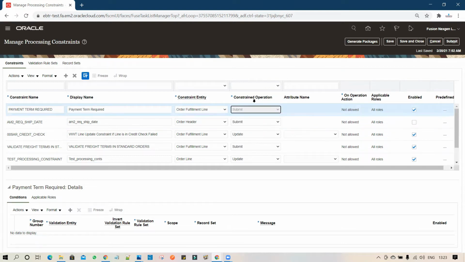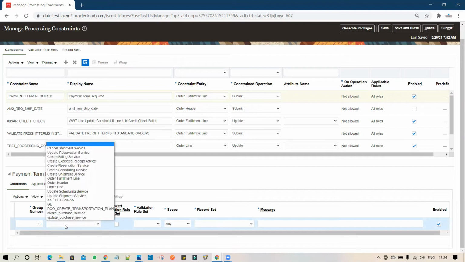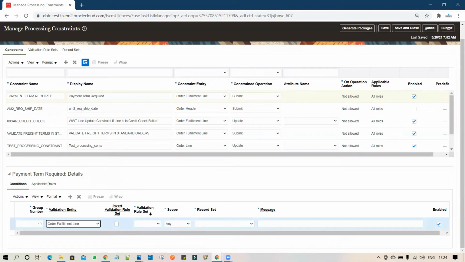So I am setting up the constraint operation. While submitting or validating the order, it will invoke. Now on operation action not allowed, it is applicable for all roles. Now at the bottom, you have to put the condition. It's very important. While setting up the condition, you have to select your validation entity, which is the order fulfillment line.